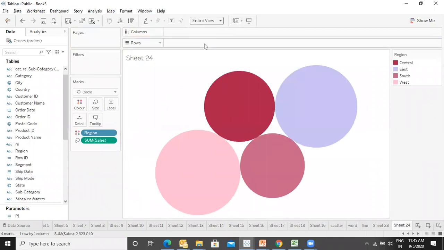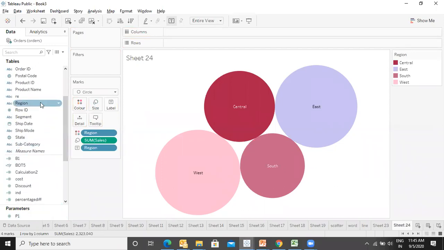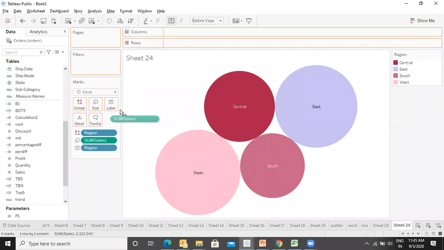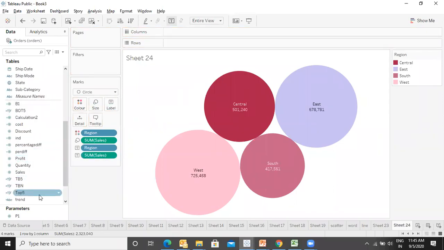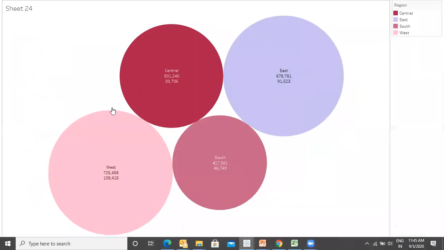Let's make it entire view. Let's put the region in the label and let's put the sales value in the label. If you want, we can also display the profit in the label. So this is the bubble chart.